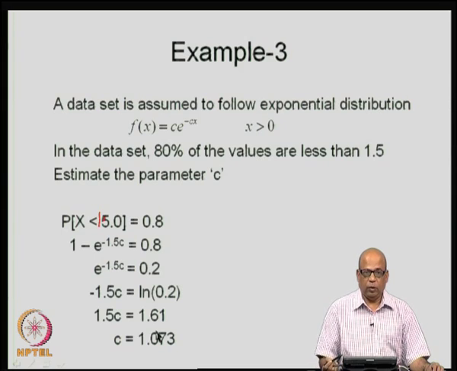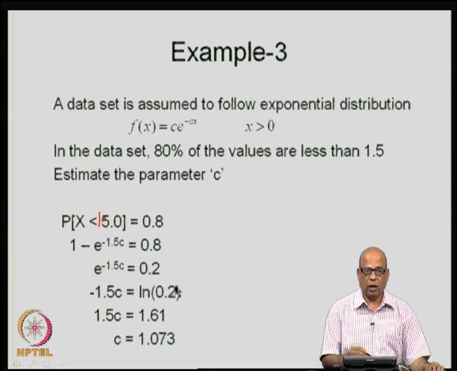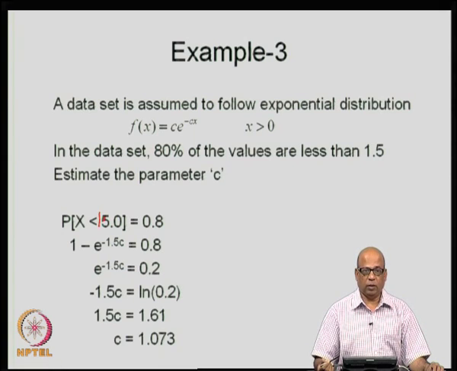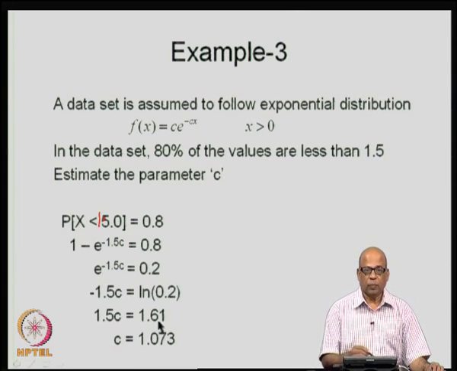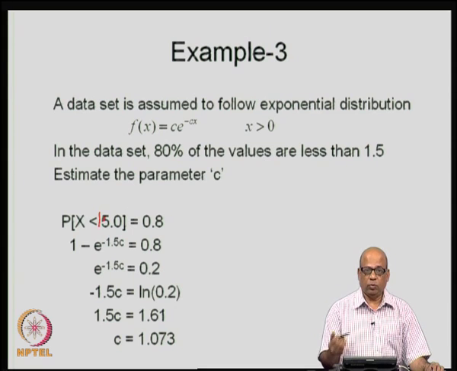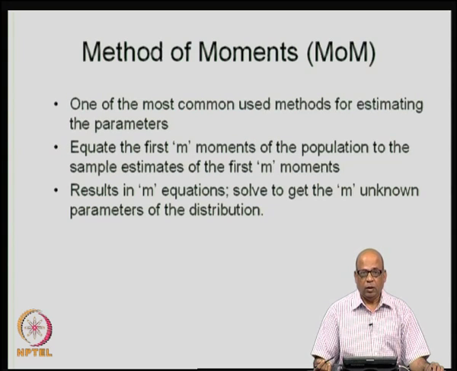This is one way of estimating the parameters. However, as I said, we just used one of the facts from the sample, that 80% of the values are less than 1.5, and we obtained c. This may be quite an approximate way of estimating the parameters. So, this may not be really the parameter estimate that will emerge from large sample values, where we use the method of moments or the method of maximum likelihood,